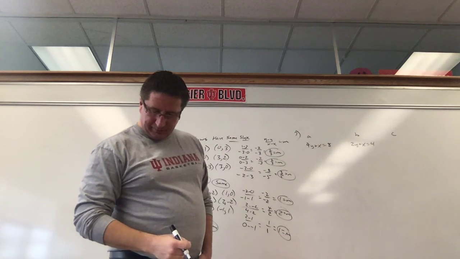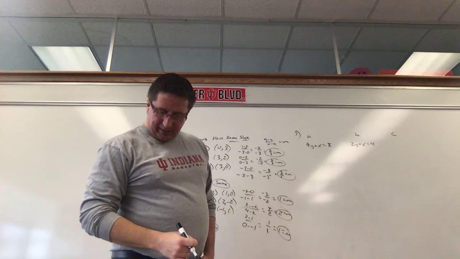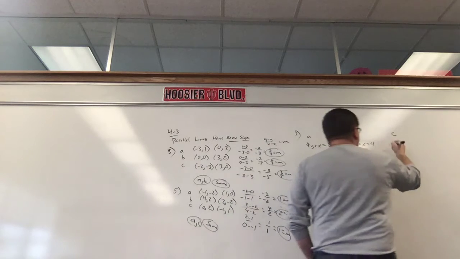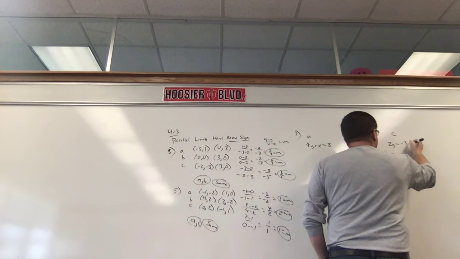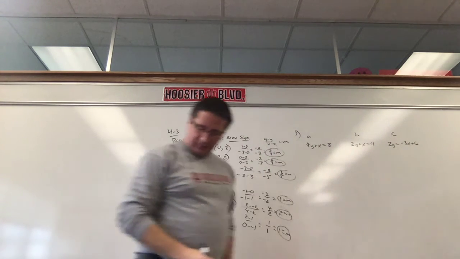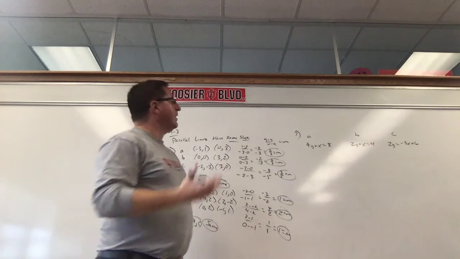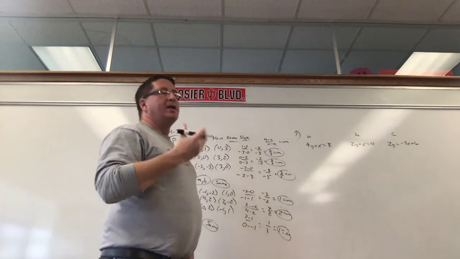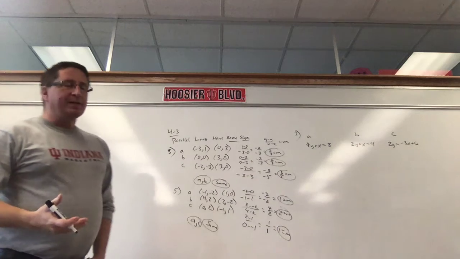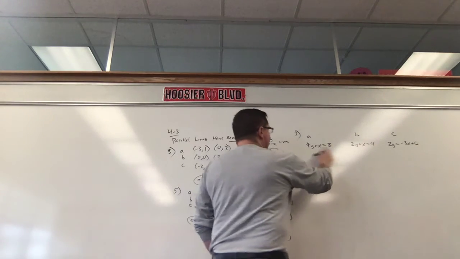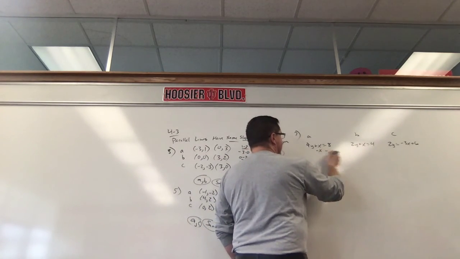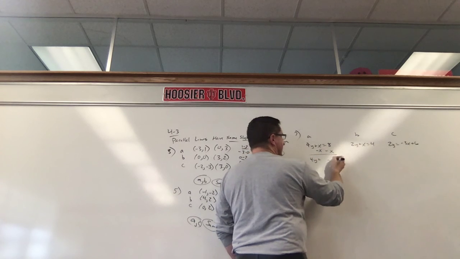And 2y equals negative 3x plus 6, I think it says. Okay, so we have to find the slope here. You want it to be in slope-intercept form, which means you want to have y by itself. So let's get y by itself. Let's subtract our x. So 4y equals negative x plus